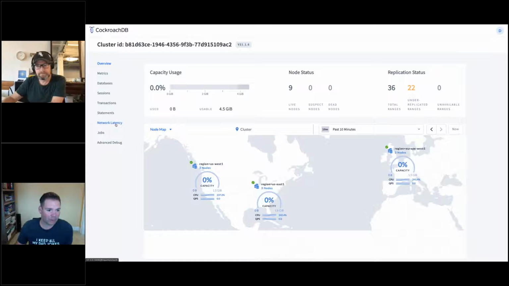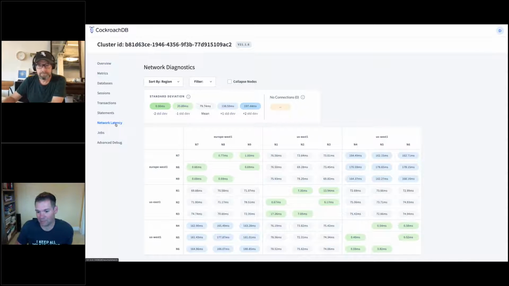The best part about this is that there's network latency. So you can actually see what the latency is going to be as I start creating queries on a multi-region cluster. This has always been super hard to simulate on your laptop. It's hard to simulate network latency within Docker, or with all sorts of other gymnastics to make this work, but we do it right here in the binary for you. So as you're building your app, you can see what the expected latencies might be depending on how you structure the database and your application.